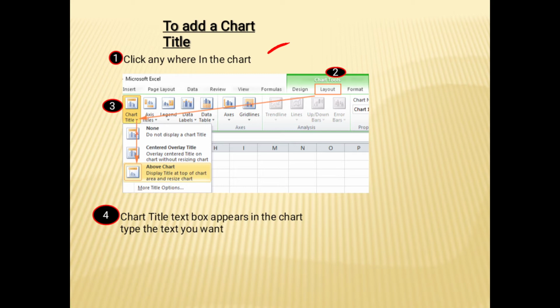Under the labels group, you have the chart title option. Then select centered overlay title or above chart. At that time, the chart title text box will appear in the chart. Then type the title that you want.